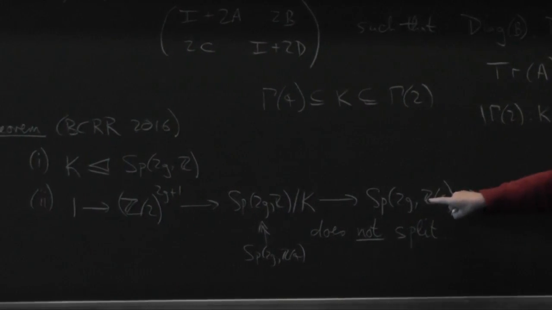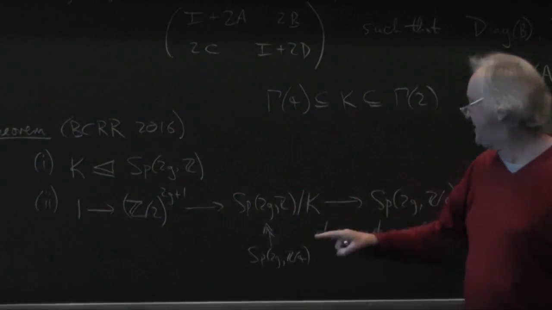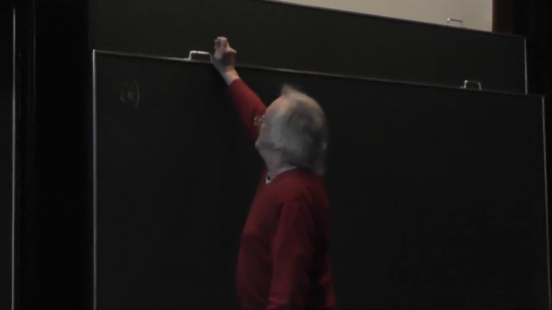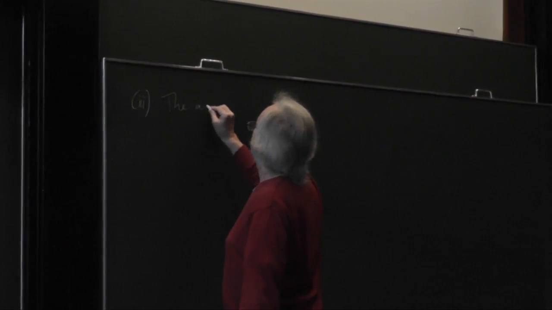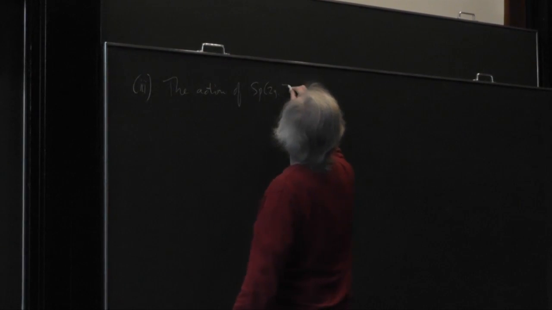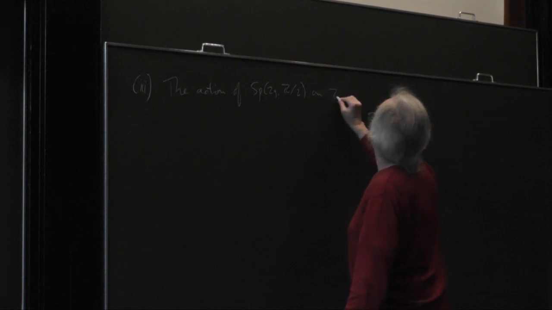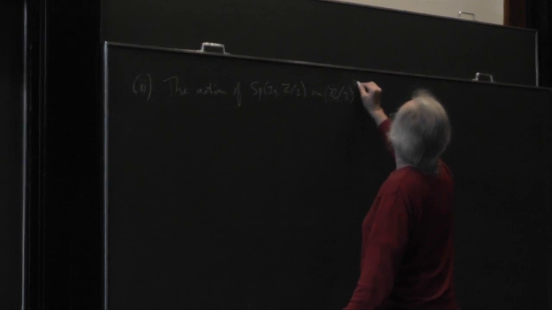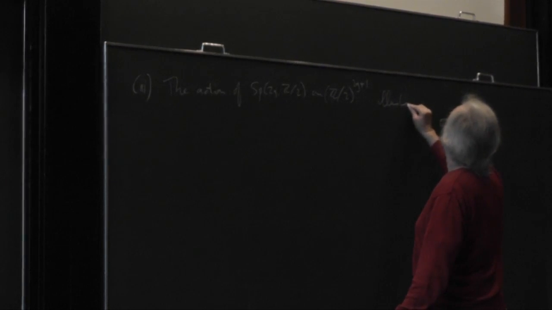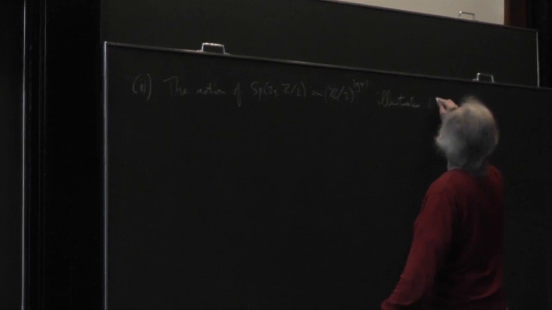So this is a 2g plus 1 dimensional representation of this group. So it turns out that the action of Sp(2g, Z mod 2) on (Z mod 2) to the 2g plus 1 illustrates the isomorphism